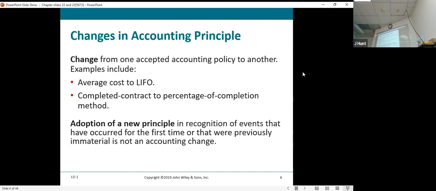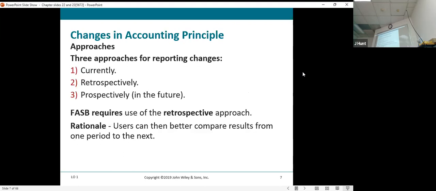So what we are saying here is that when we adopt a new principle, we treat these events almost like they occurred for the first time. If we don't do anything to the previous information, it's because we don't think the change is a material change. But when the change is significant,